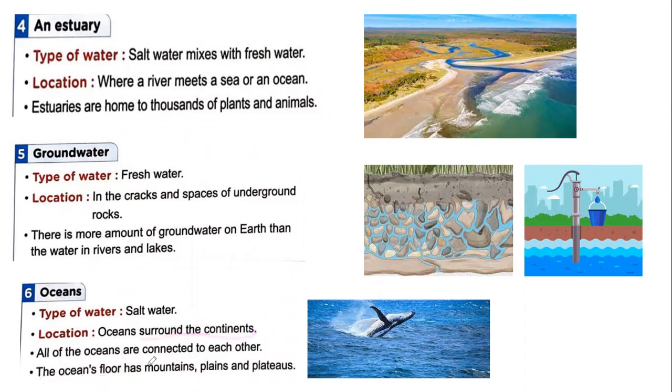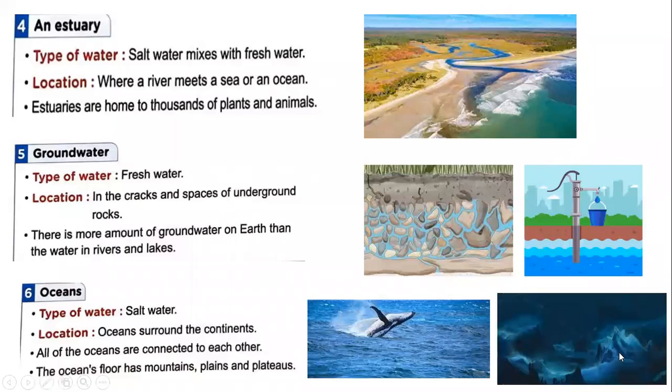All of the oceans are connected to each other. So we have 5 oceans by the way. في 5 oceans عندنا كلهم connected together. The ocean floor اللي هو القاع بتاع المحيط زي كده. Look, this is the ocean floor. You see it has mountains, plains, and plateaus. Okay. سهلة دي؟ في أي مشكلة؟